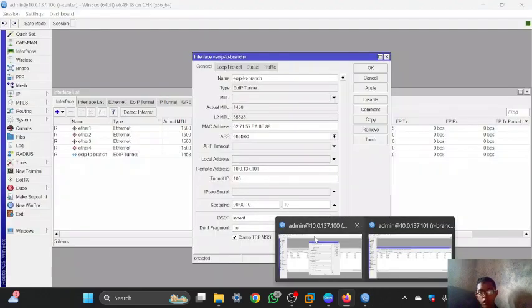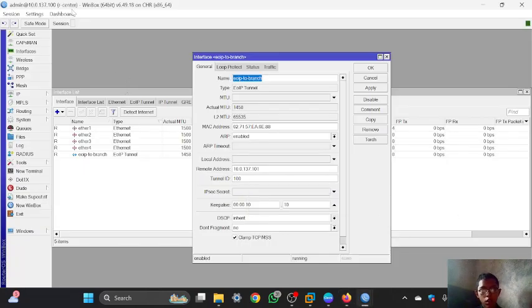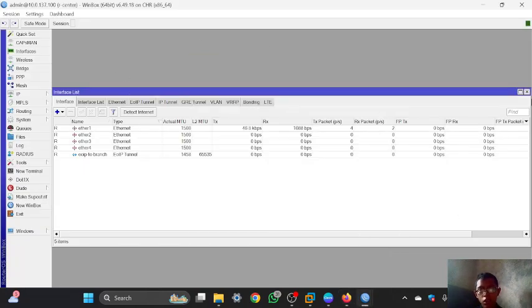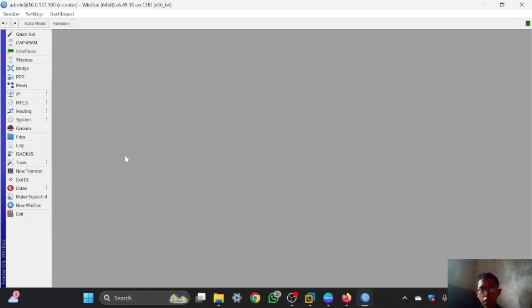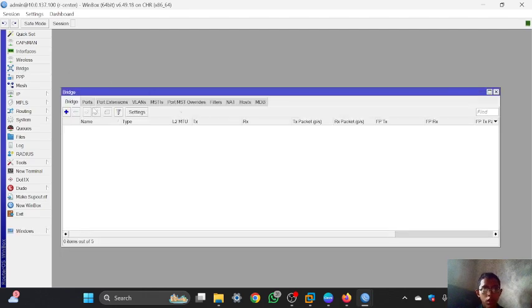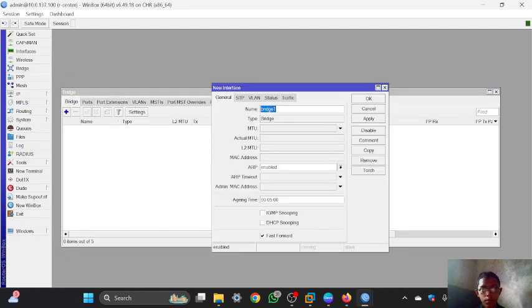Then you can open the router center in the Winbox, and then in here I will use the bridge menu. You can open the bridge, and then you can click add, and for the bridge I will use bridge LIP, and then you can click apply.